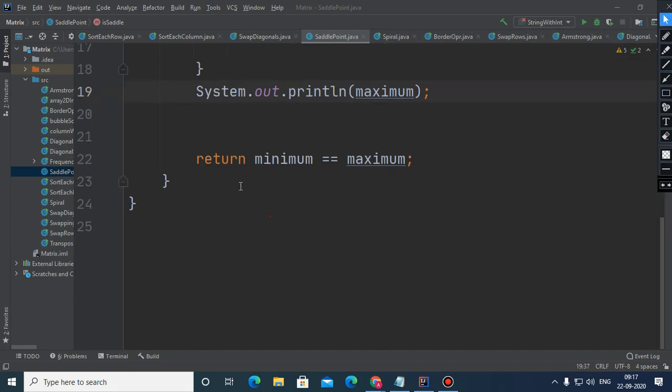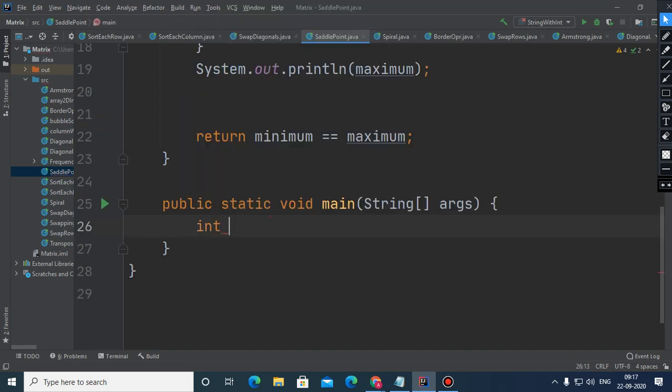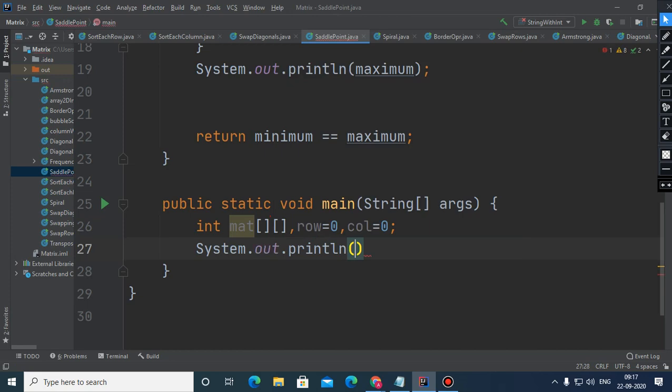For the rest of the part we have to implement, just write the main method and take this matrix mat of size row and column. Here we need to enter the size of the matrix, so enter matrix size.